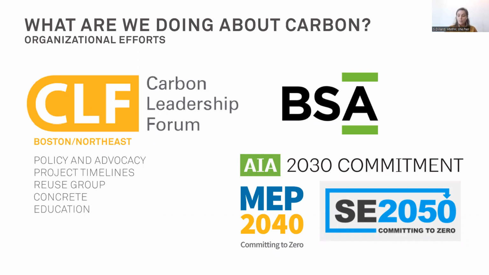And then the Boston Hub has 5 working groups. There's a policy and advocacy group, and they have been tracking policy and carbon-related bills in the Northeast. We often talk a little bit about what's going on around the country and how we can help other more local related bills and move forward based on things that we've seen pass in other states. There's a project timeline group, and what they're doing is working on a timeline for implementation of embodied carbon reduction strategies for all design phases.